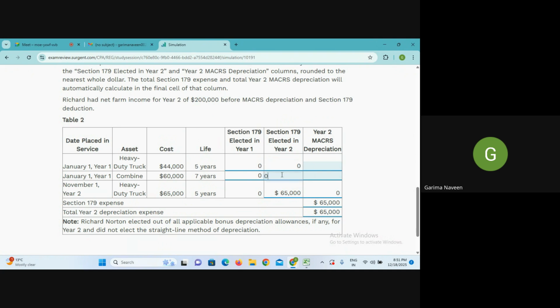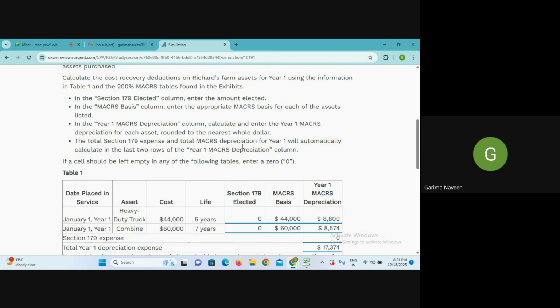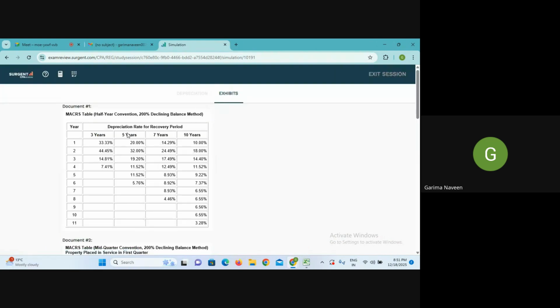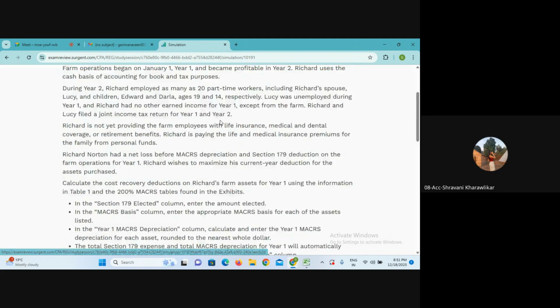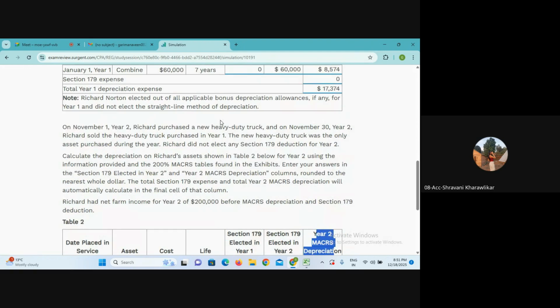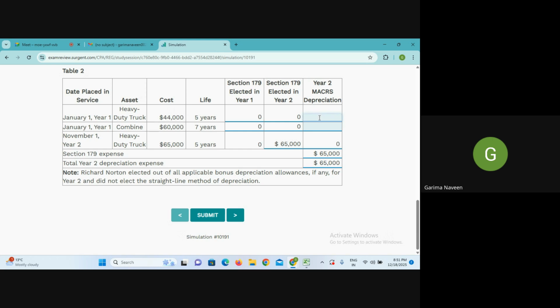ले सकते क्योंकि ये फर्स्ट ईयर में ही क्लेम कर सकते हो। बस year 2 के लिए निकालना आपको डेप्रिसिएशन, तो क्या करोगे अब यहाँ, प्रॉपर्टी 5 ईयर है, year 2 की परसेंटेज क्या लोगे 32, और यहाँ पर 24.49। ये चीज समझ में आई? Yes, ma'am. अच्छा, हिंदी समझ में आई या इंग्लिश में बताऊं? No, ma'am, anything is good. ओके ओके, सो year 2 की डेप्रिसिएशन हो जाएगी यहाँ पर आप क्या करोगे 32%, और यहाँ पर 29.49 था आई थिंक, परसेंट कर दोगे।